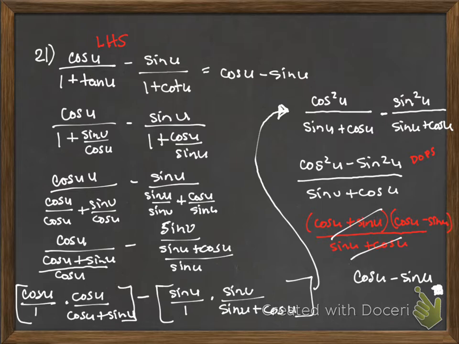Okay, hopefully you understood that one, because I think that one's a little bit tricky. All right. Okay, I don't know why this is off center, but it is, so I'm just going to go with it. We're on number 22. So number 22 reads: establish the identity,